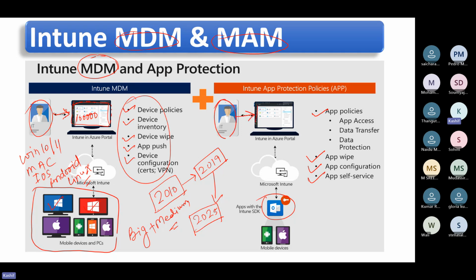You do it from the Intune portal. This is your Intune portal. So you create a policy, you deploy the policy, and the devices will receive the policy and behave accordingly. So Intune, the main reason why we need Intune is to manage devices and manage applications. Okay, that's the Intune roles and responsibilities. There are various other things which Intune does, but this is the main reason why we need Intune in our